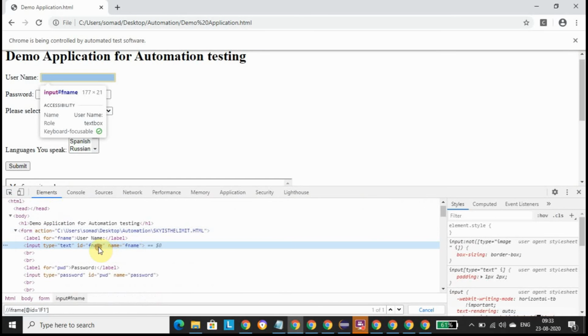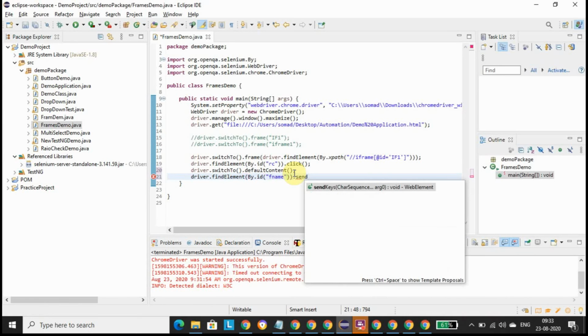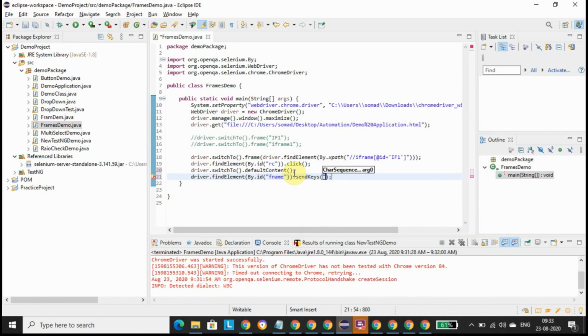We have an ID here as well, by dot id, dot send keys. This should work fine now, because we have provided the statement driver dot switch to dot default content, so the program can access the main page right now.